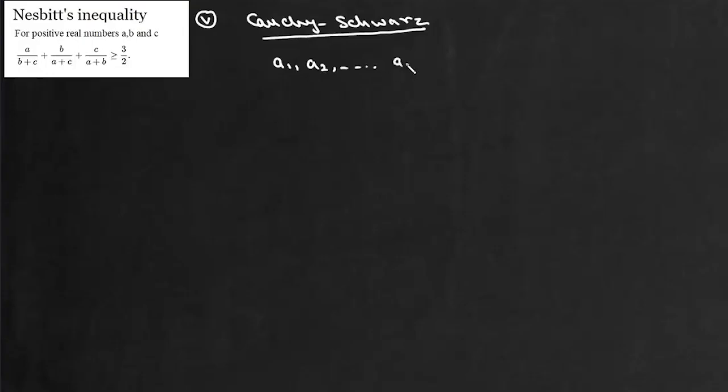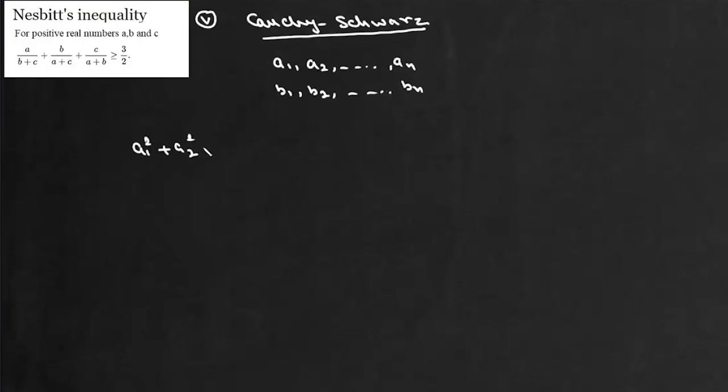अब हम आते हैं 5वें मेथड पे जो कि है Cauchy-Schwarz inequality. तो ये मेथड यूज करने से पहले Cauchy-Schwarz inequality पढ़ लेते हैं. अब ये मेथड कहता है अगर हमारे पास 2 सेट ऑफ नंबर्स हैं a1 a2 an, b1 b2 bn, तो